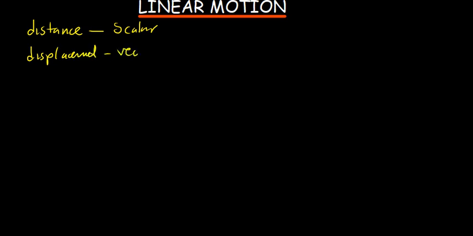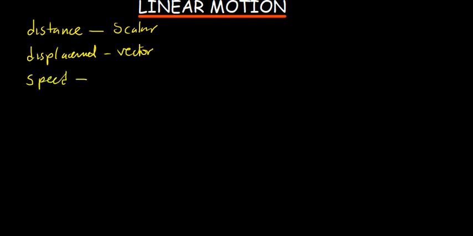Okay, so we've talked about distance, which we have said is simply the length between 2 points and it's a scalar quantity. And then we've talked about displacement, which we have said is the shortest distance between 2 points, and we've said this is a vector. We've talked about speed,